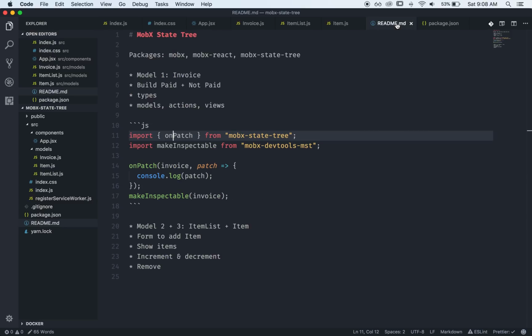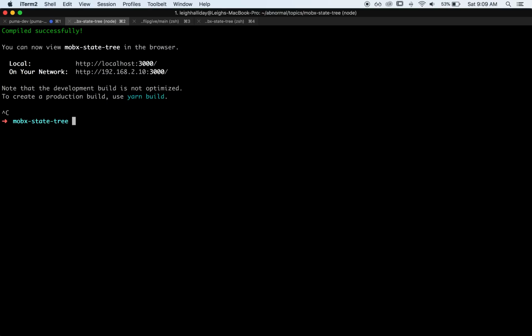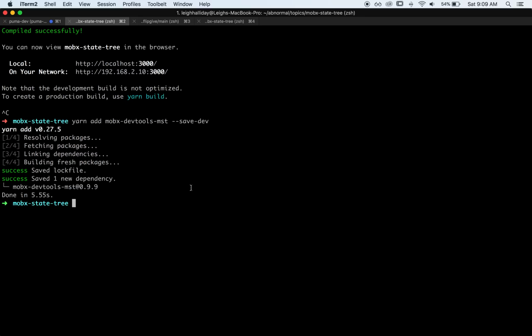Go back to my trusty README. So I want this MobX DevTools MST package. Okay. Yarn add there. Was it save dev or dev? I don't know, can't remember. Okay, so what this does is it helps you look at all of the changes inside of some dev tools. Start up Yarn again,